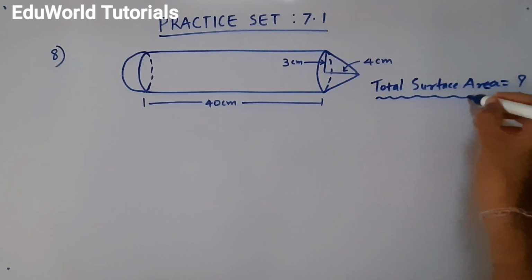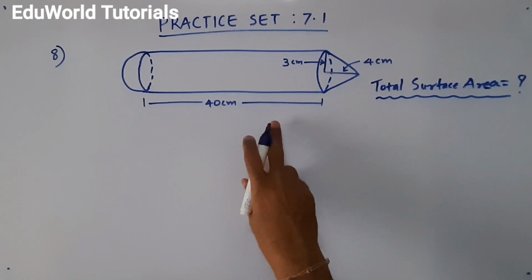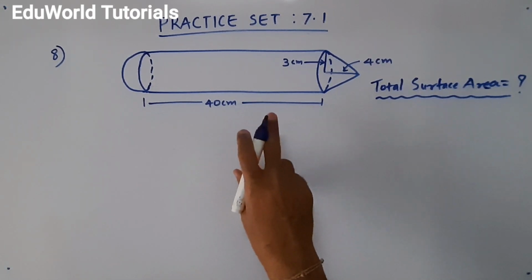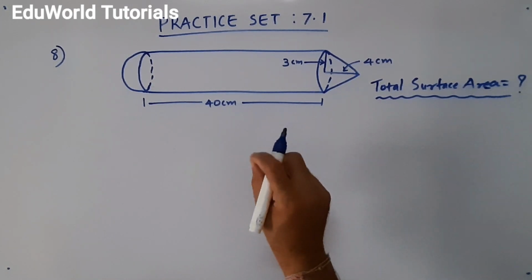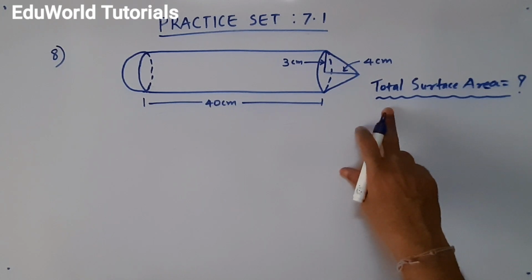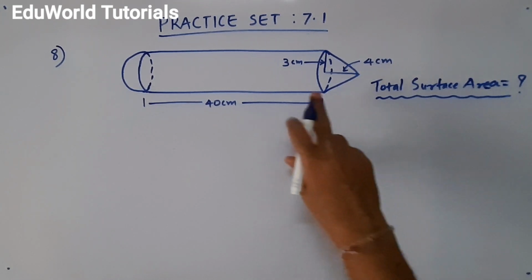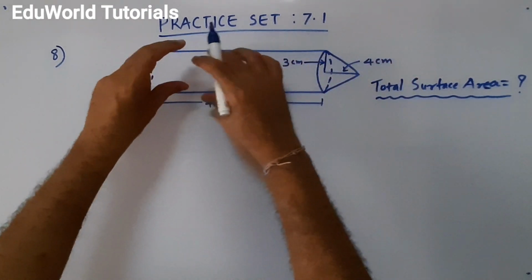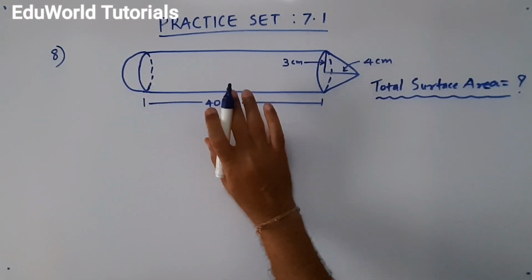Now students, remember, this was the question asked in the board examination, and most of the students had done a common mistake. They did not use common sense. They just read the word total surface area. Total surface area of the solid figure means whatever surface you see from outside. Okay, that is the total surface area.